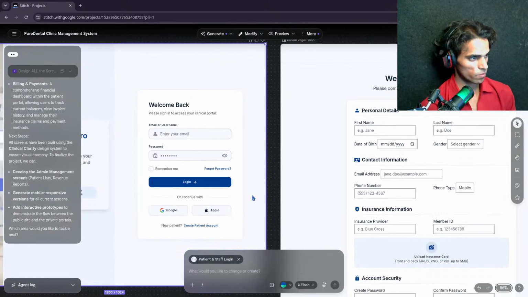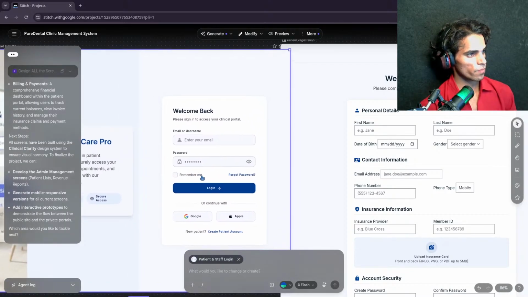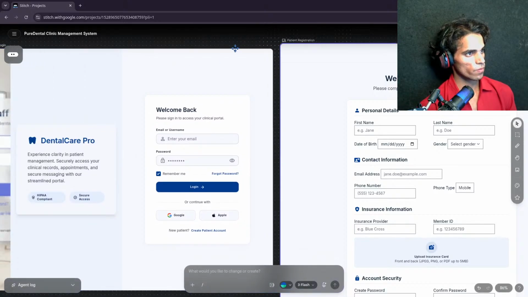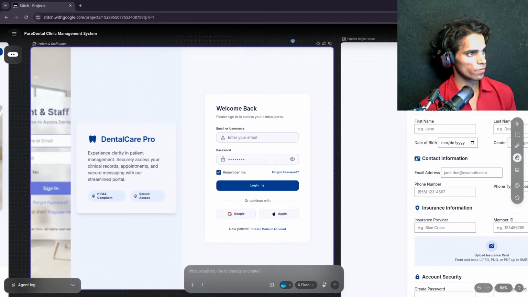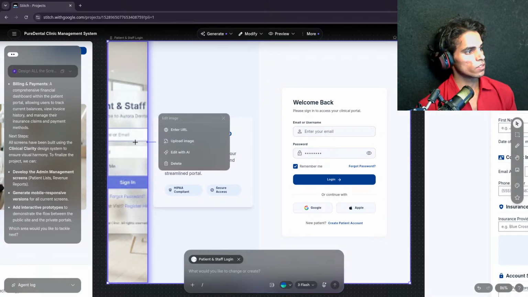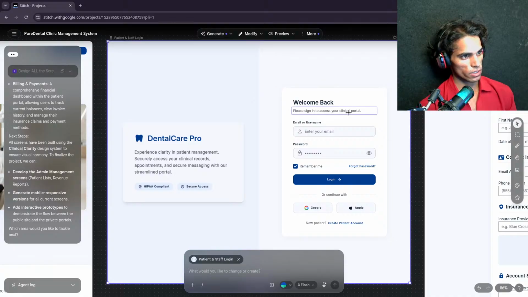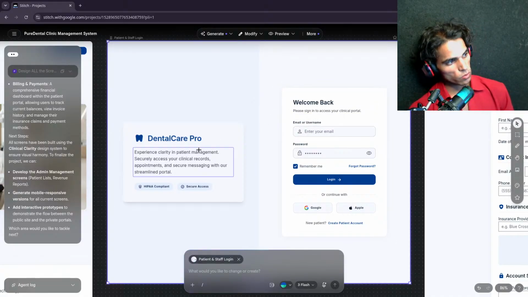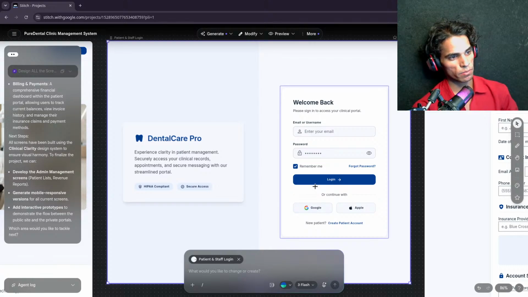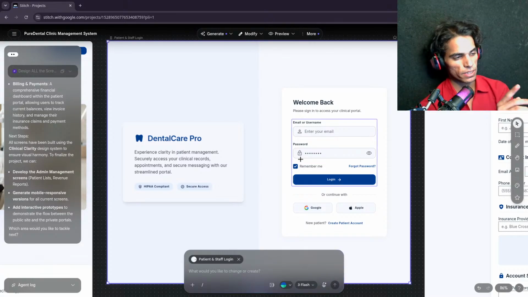Okay. So I will remove this because it's just making the UI ugly. So we have Dental Care Pro and this. Then admin, staff, and patients can log in here.